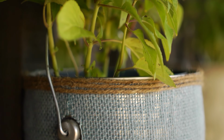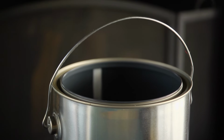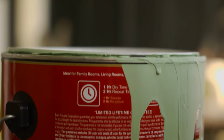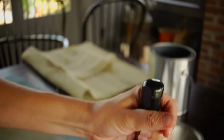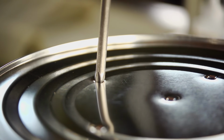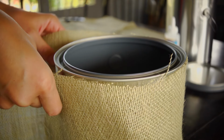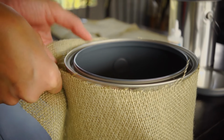Now, to begin with, you want to start with an empty paint can. Just make sure that there's no paint left in the can. If it's dry, that's okay, but no wet paint allowed. Then you want to punch several holes in the bottom to allow for drainage, because what we're creating here is a container for plants. Now for each can, what you'll need is a 7.5 by 24 inch piece of burlap